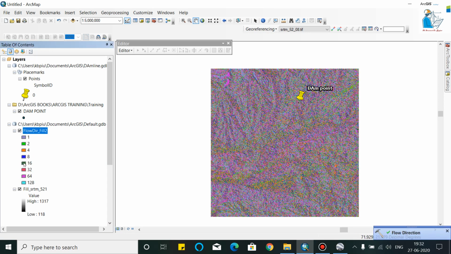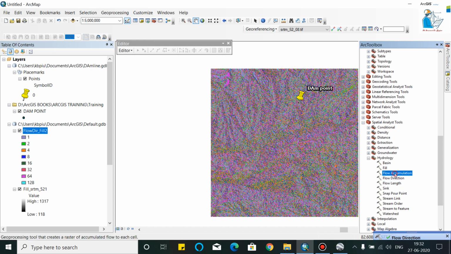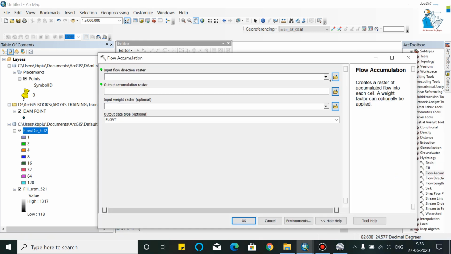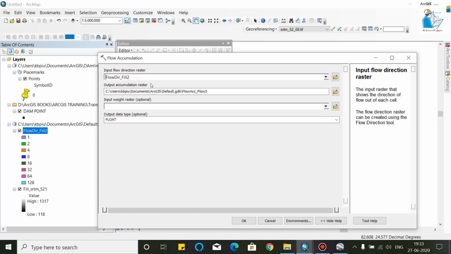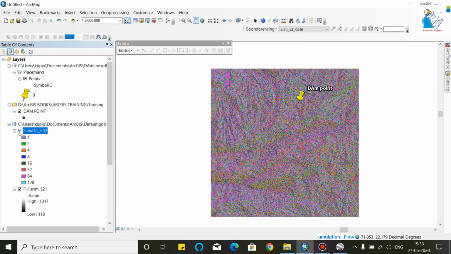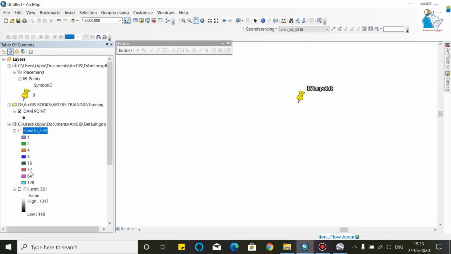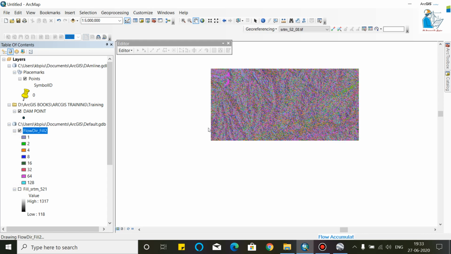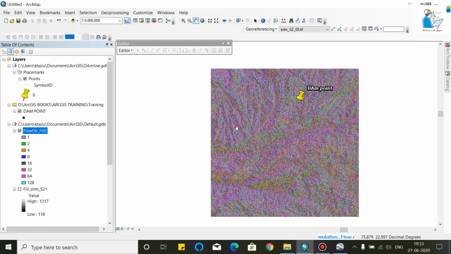As you can see, your flow direction is now created. Now we will run flow accumulation using the flow direction raster. Click OK. In flow accumulation, your streams will be created.